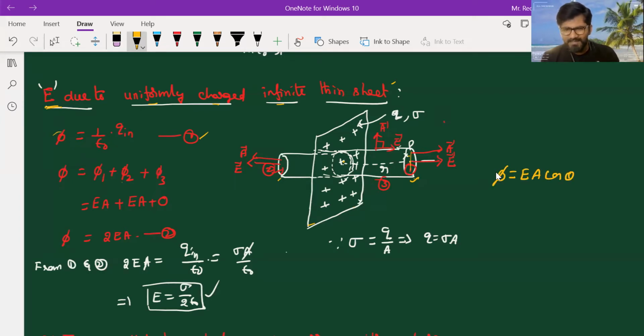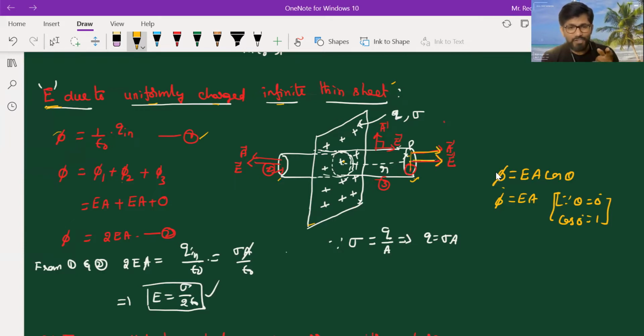For the first surface, as the sheet is having positive charge, electric field line, and hence electric field, is radially outward. So on this surface, it is in this direction, radially outward. And for this flat surface, area vector should be along the normal to this surface, so area vector will be in this direction. It looks like both are parallel to one another, so theta will be 0, cos 0 is 1. So we get flux phi is equal to E A, because theta is equal to 0 and cos 0 is 1. Substituting this, we get phi is equal to E A for this flat surface 1.